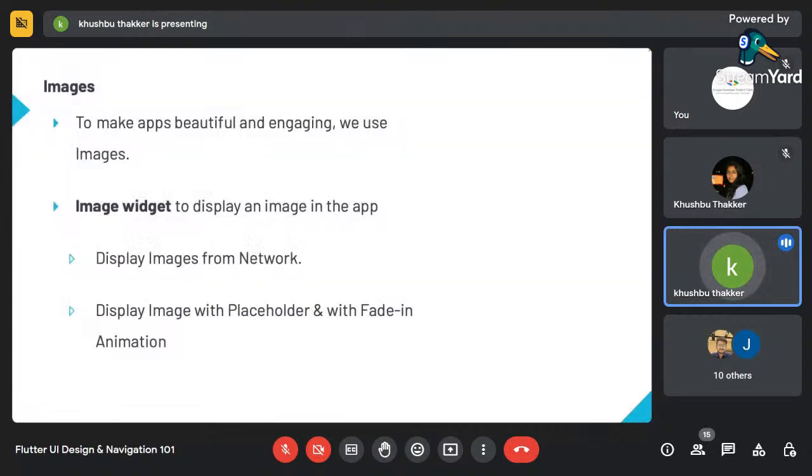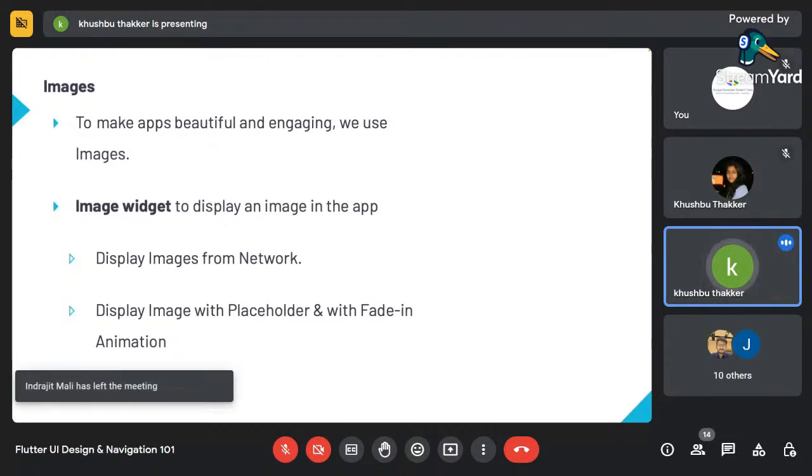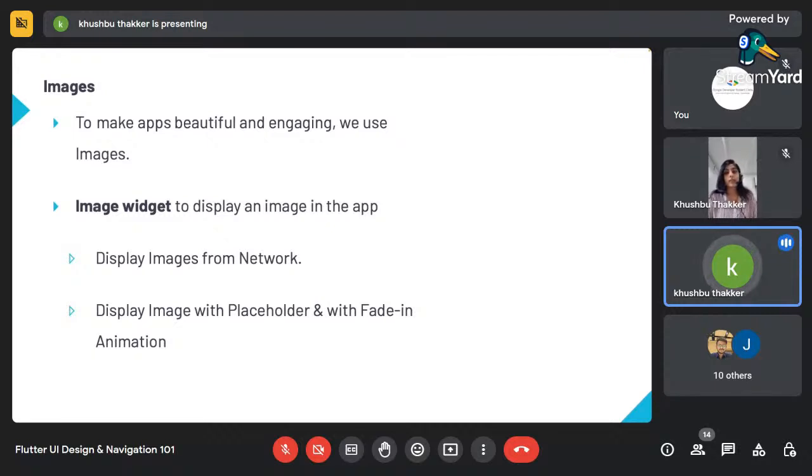Also, to make a better UI in the application, we have images. We have to use all those widgets in our application. For user interaction, we have to show the onboarding process in the application, right? In every application, you can see that there are onboarding pages where the user can identify the concept of the application. So in every application, effective user interaction and effective views will be visible with the help of images, right? You can load the image from the network, you can load the image from the assets. Okay,